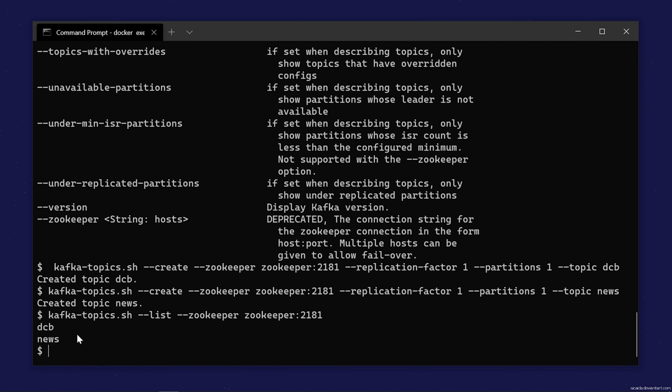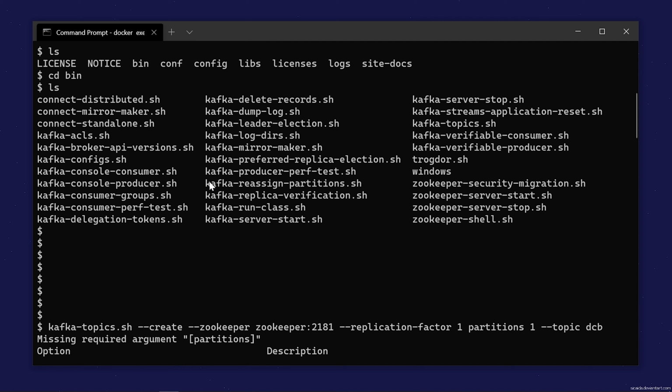So this is just the installation guide, and I have shown you how to traverse through the container and execute commands on the Kafka server. We just created the topics. There are a bunch of other commands also available. You can see over here that we can produce messages to topics, consume messages from a topic, and run all the different commands available. So just play around with it.